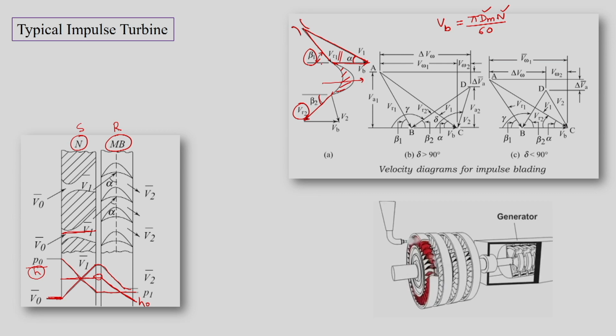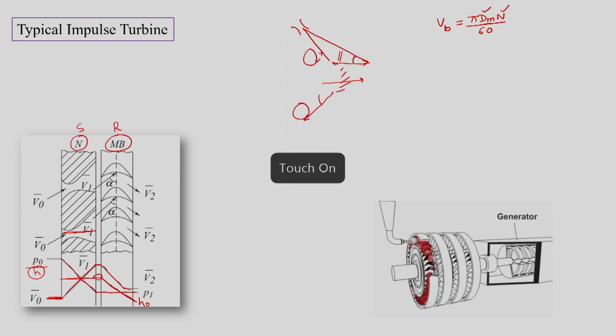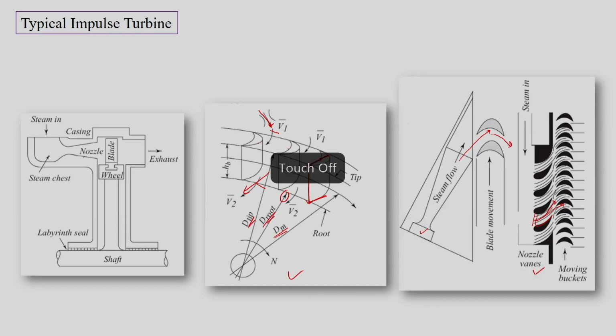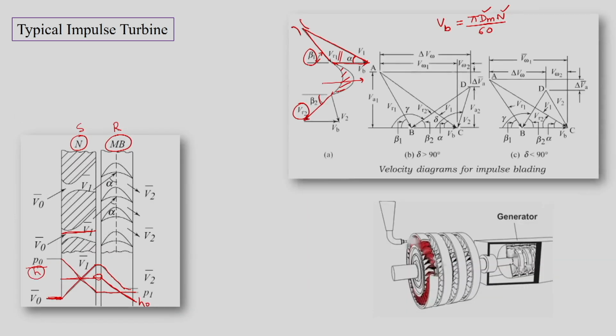But this is at the entry to the blade, and this is at the exit of the blade, but we are at the same height. So, we are at the same dm. Basically, if we go back and see, we are trying to do analysis on this plane. So in this plane we are trying to do the inlet velocity triangle here and the outlet velocity triangle here. So we are on the same plane, and since we are on the same plane, we have the same Vb which exists at the inlet.